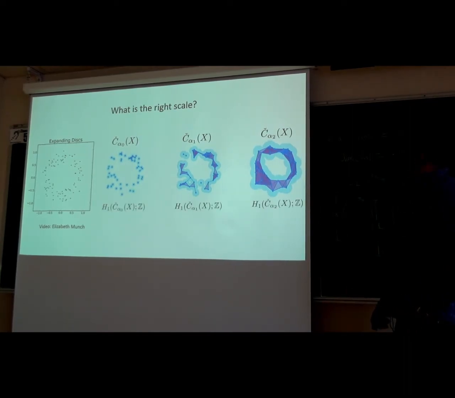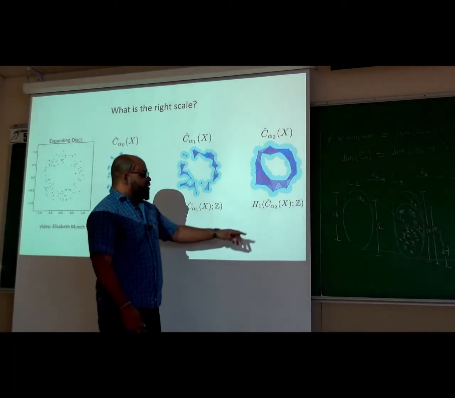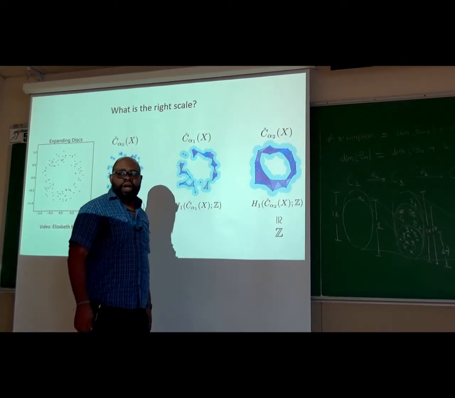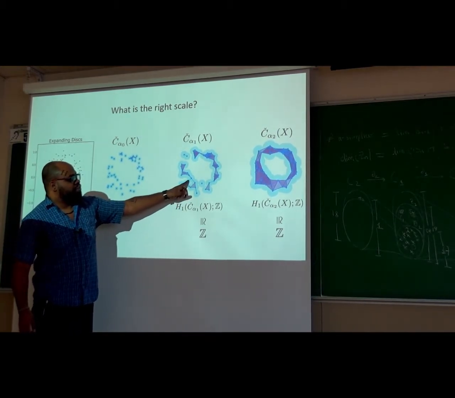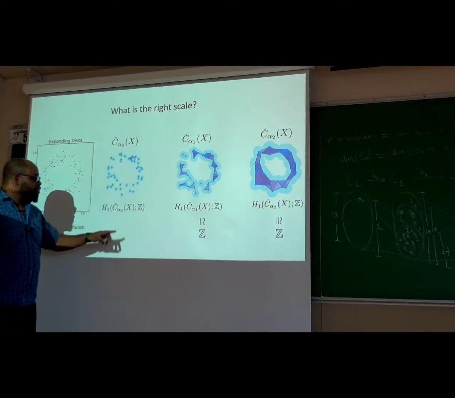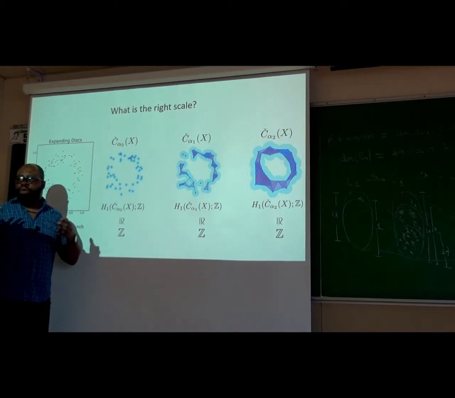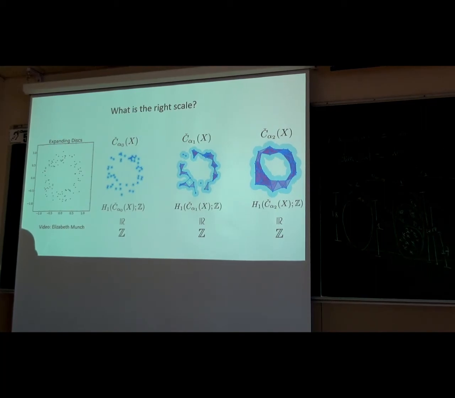As we saw before, we can compute homology for those complexes. We actually know how to do that. We have algorithms for doing this. And let's just do the computation here. So the easy one, this should be Z, right? There is one loop, dimension 1. This also should be Z. The loop is this. And this should also be Z. The loop is this. Okay, so if you were to compute homology at different scales,